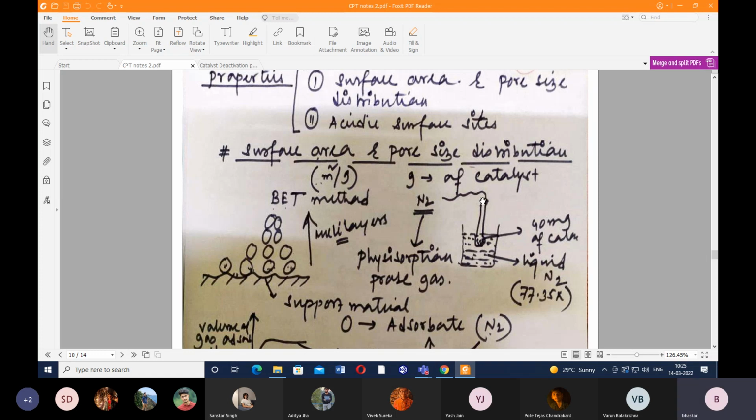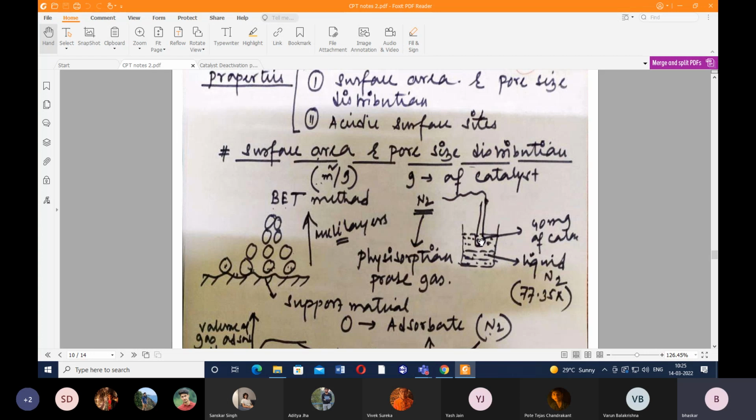Okay, so here what we do is we take a quartz cell. Inside this quartz cell, we take around 40 milligram of the catalyst, and this is immersed in a liquid nitrogen bath. The bath temperature is around 77.35 Kelvin, and at that temperature, we allow nitrogen gas to flow through this catalyst